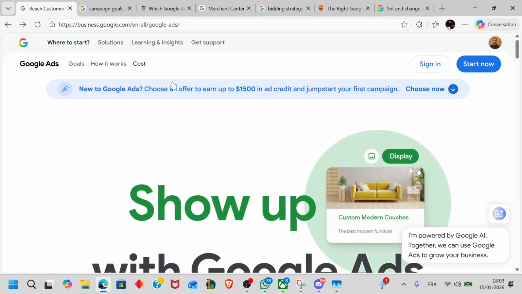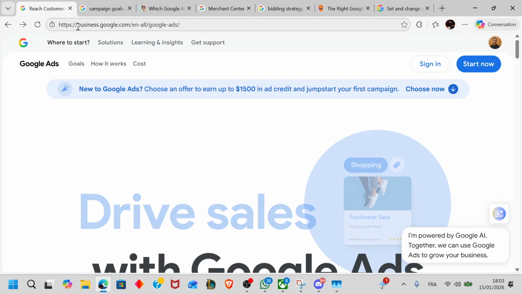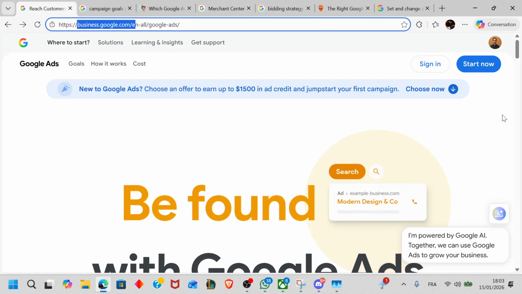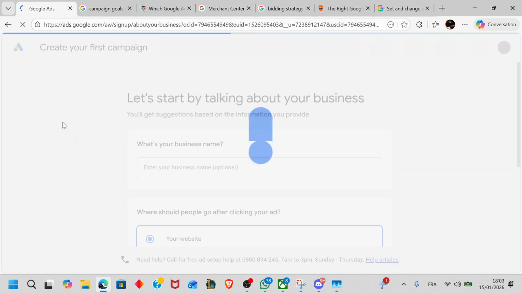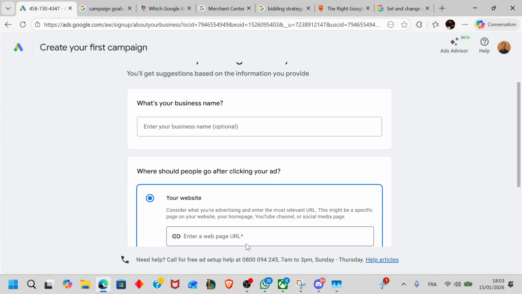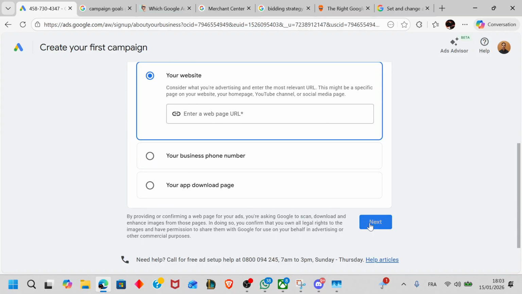Now before we start, you're gonna have to set up your Google Ads account. And to do that, you're gonna go to business.google.com and then you're gonna make sure to log in with your Google account. After that, you're gonna click on the Start Now button. Once you click on it, you're going to make sure to enter your business name and your business website. As you can see, it is mandatory. So you're going to have to enter a valid link here and click on next and finish entering your business